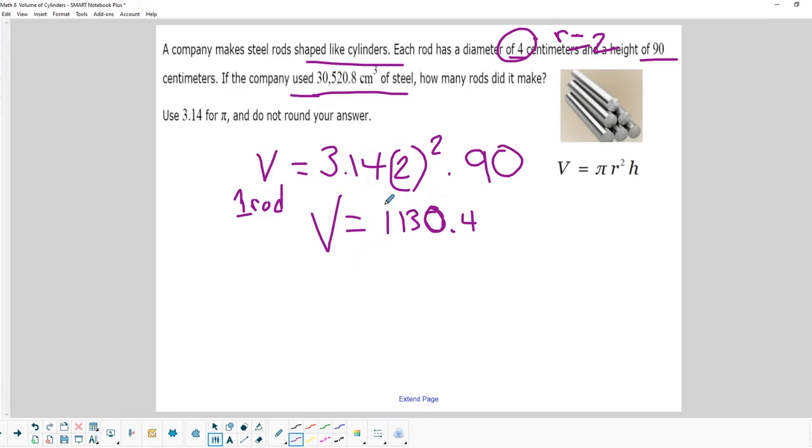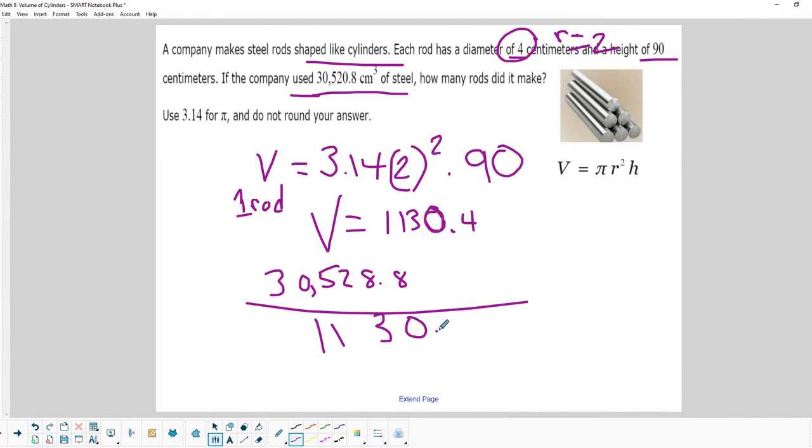So now we've got to divide this big number up here, 30,528.8, divided by 1130.4. So using our calculator,